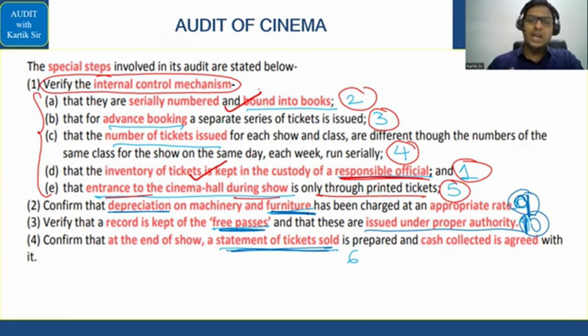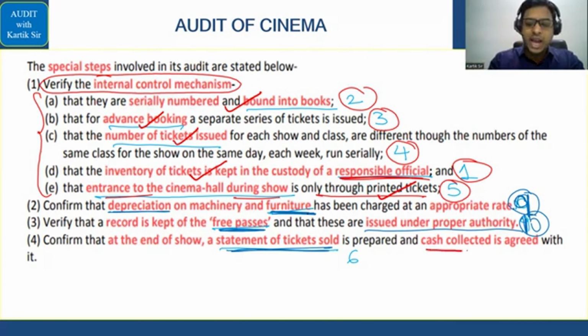नेक्स्ट दिया यहाँ पे कि बाद में आपको टिकट देते हैं यहाँ पे 4, आप उनको पूछते हो कि सर ये आप जो टिकट दे रहे हो उसके बाजू में जो ये रेड कलर के टिकट्स, ये कौन से टिकट्स हैं यहाँ पे? So it tells that it is advance booking वाले टिकट्स. Then you count the tickets that you have. Remember that 1, 2, 3, 4. That is number of tickets issued. And finally, you will be given entry only based on the printed tickets. Only printed tickets के basis पे आपको entry मिलेगा यहाँ पे. Okay. Then after that, the cinema hall का जो ticket वाला person रहता है, what he does is he counts all the cash that is there with him, and he matches it with the statements of the tickets sold.